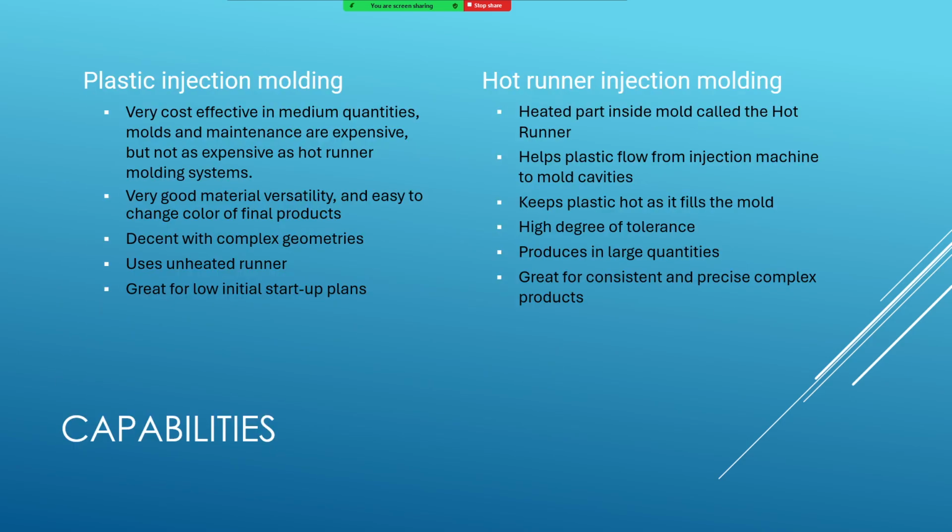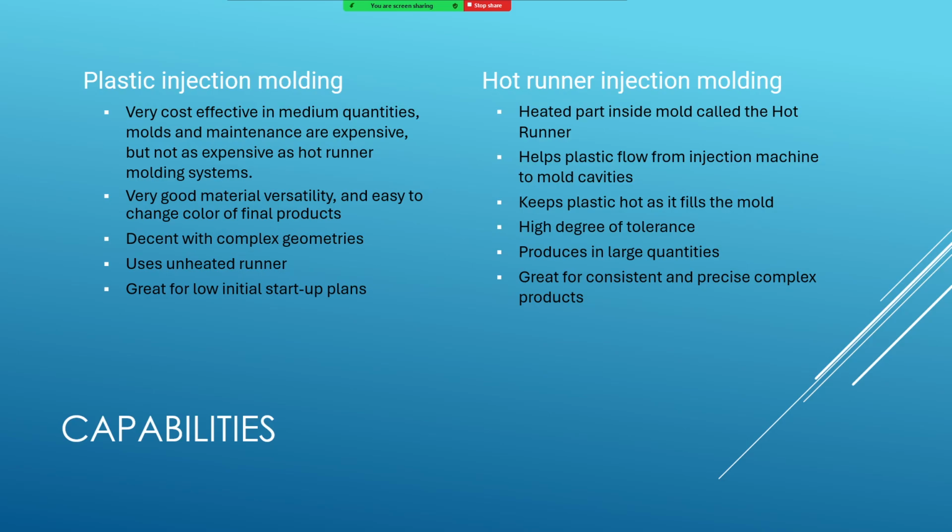So the capabilities between plastic injection and hot runner injection molding are as follows. For plastic injection molding, it is very cost effective in medium to small quantities. The molds and maintenance startup are expensive, but they are not as expensive as hot runner molding systems. As for material versatility, it is very easy to change the color and material of the final products. With complex geometries, it is pretty good with creating certain complex geometries, but when it gets too complex, it starts